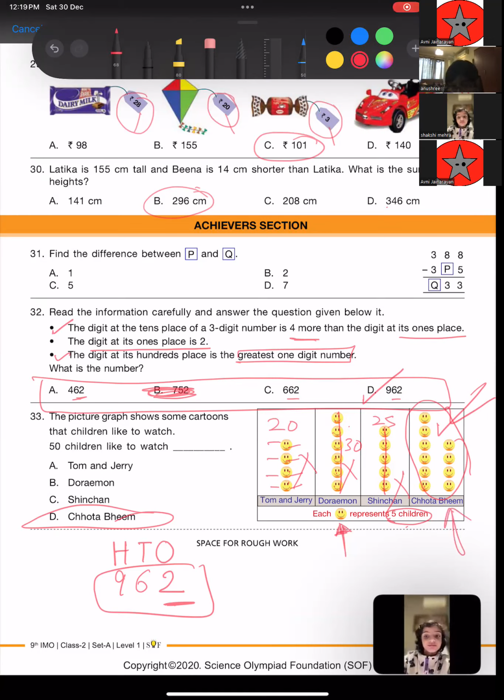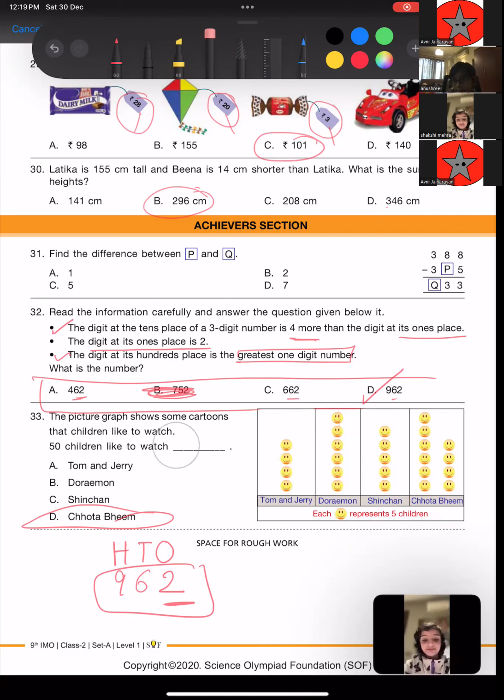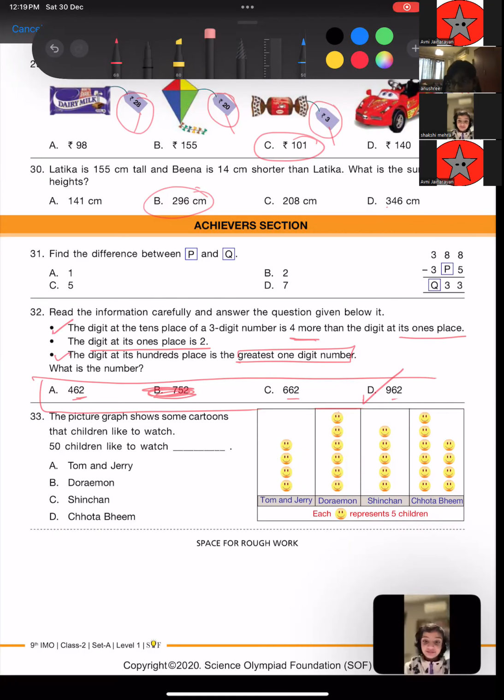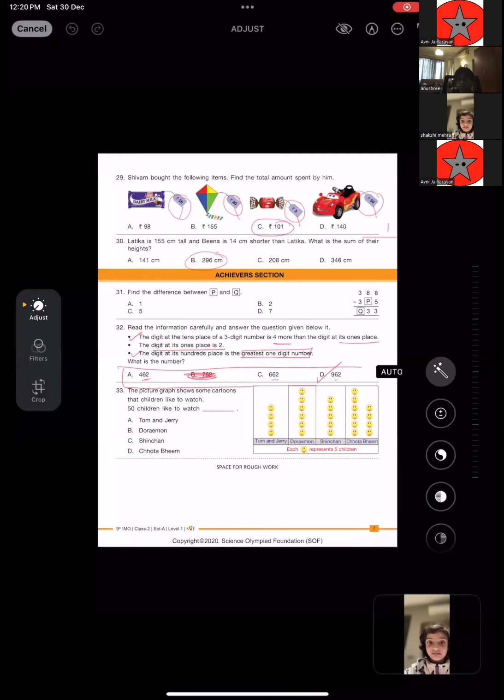How many of you are going to do it my way? Ma'am Sakshi. And how many of you are going to solve it and get the answer? Come on. Hazel, are you going to solve? Is Hazel there? Sakshi, can you see Hazel? Ma'am, yes. Okay. Hazel is there. Okay, Hazel, are you going to solve it or you're going to do it my way? She's on mute. Okay, never mind. Next.